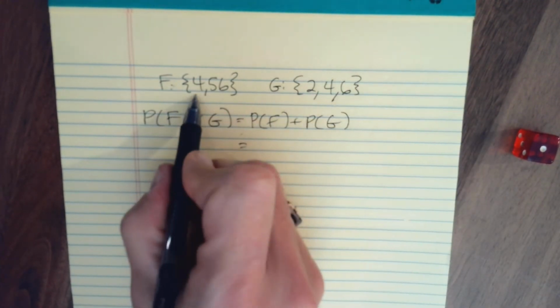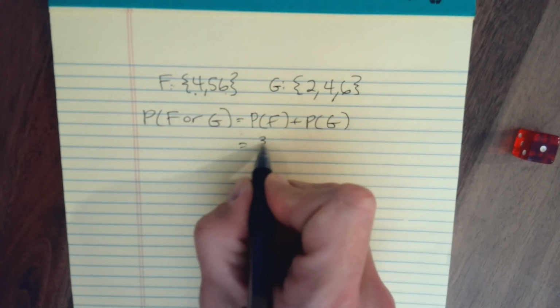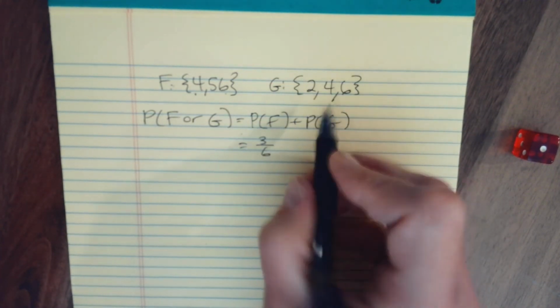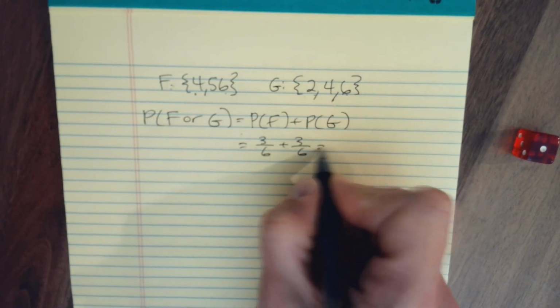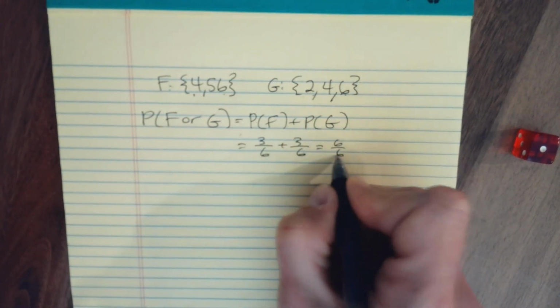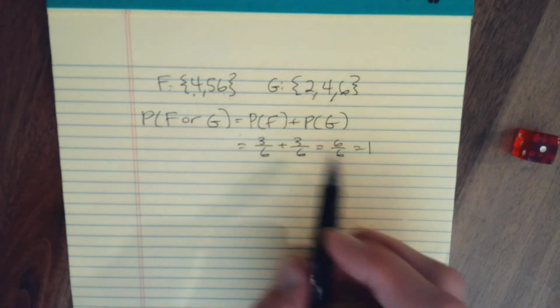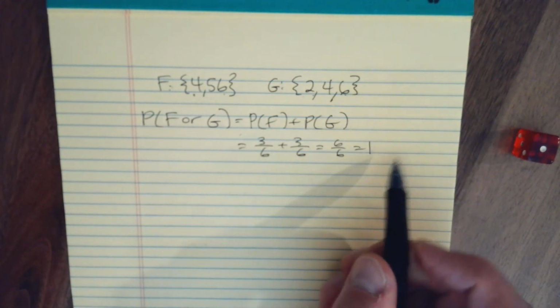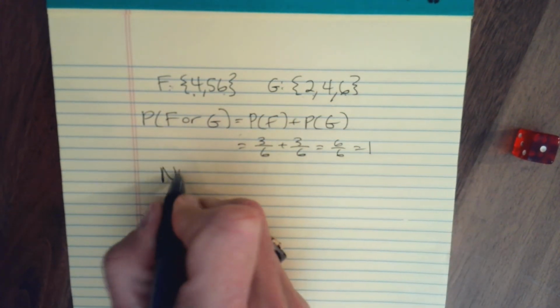Notice that there were 6 outcomes. F contains 3 of them, so that's 3 out of 6. The same for G, it has 3 out of the 6 possibilities. If I add those together, I would get 6 out of 6, which is 1. So it looks like if I roll a die, there's a 100% chance that either F or G will happen. But I know that's not true